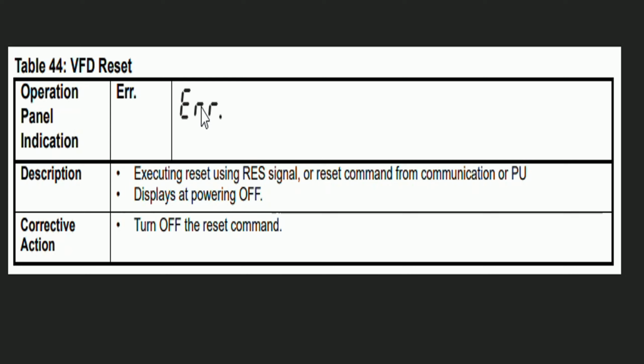The error code is ERR. It appears when we reset the VFD. When we give the command from the communication or display unit, only at the time it is getting reset does this error come. And if we want to resolve this, we have to check if it is coming